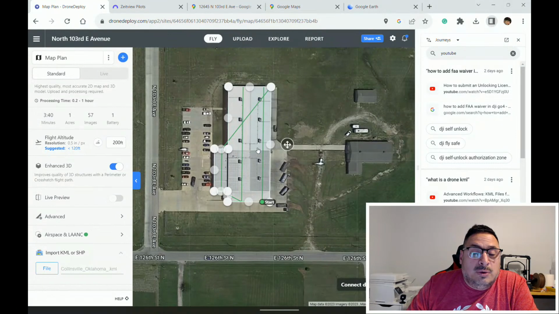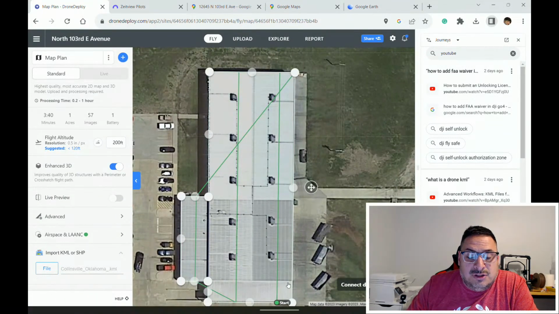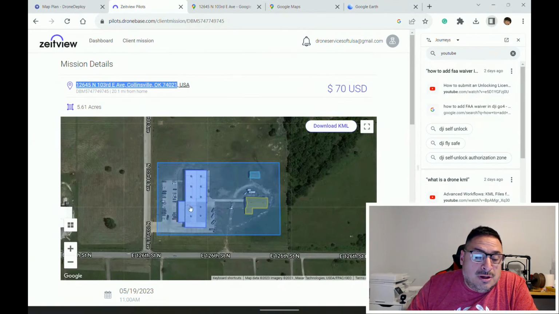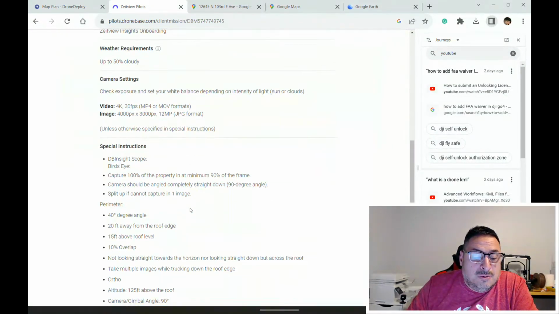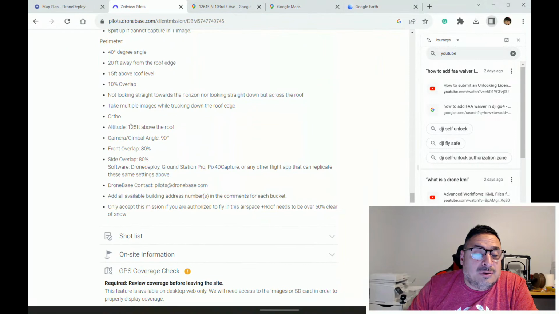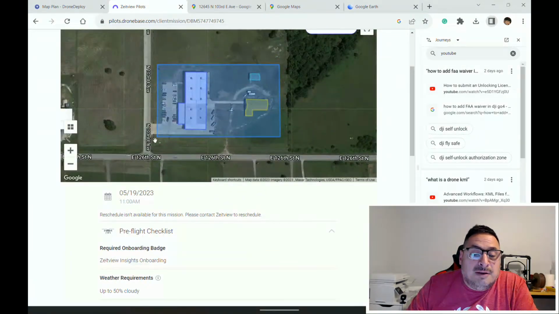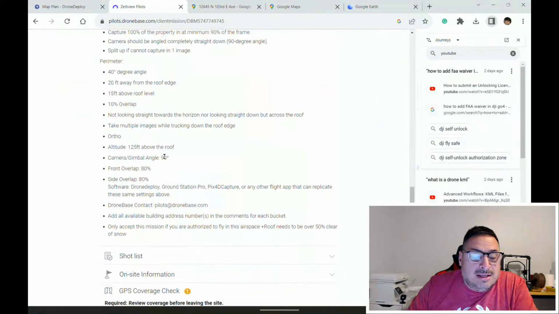So we need to go back and check and make sure, are they asking for just an ortho of this roof, or did they really want the whole property? When you come back and look in here, we're going to come down to ortho, and we see our settings. We're at 90, 80, and 80, and we're at 125 feet. But if you look at the shaded area, and you match that to